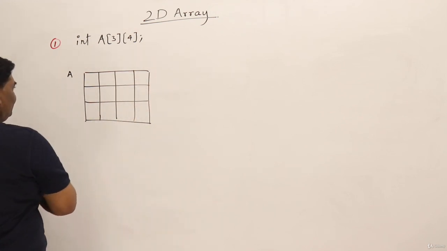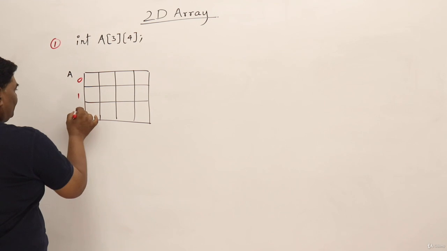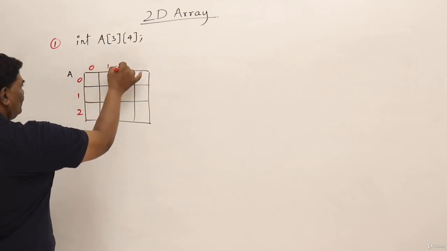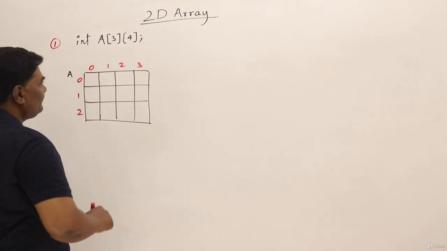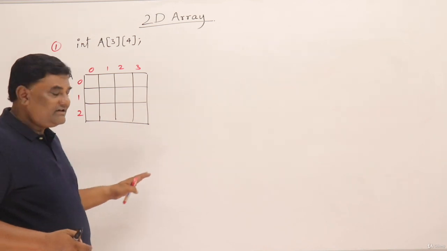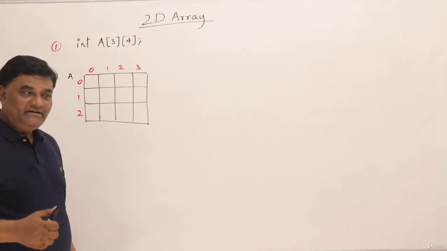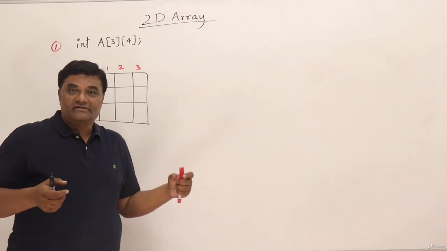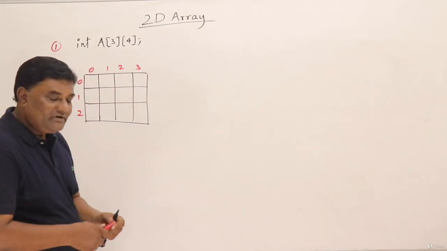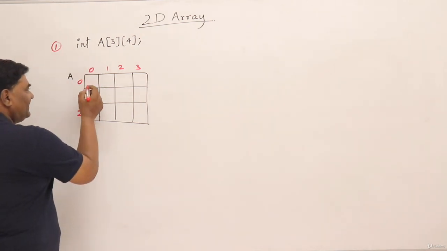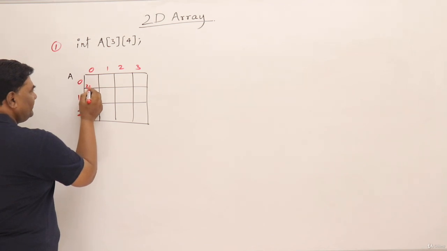The indices will be 0, 1, 2 for rows and 0, 1, 2, 3 for columns. We represent a two-dimensional array in rectangular form, that is like a box. But really the memory allocated will be linear. For example, if you want to look at the addresses, let us assume that the first byte's address is 200